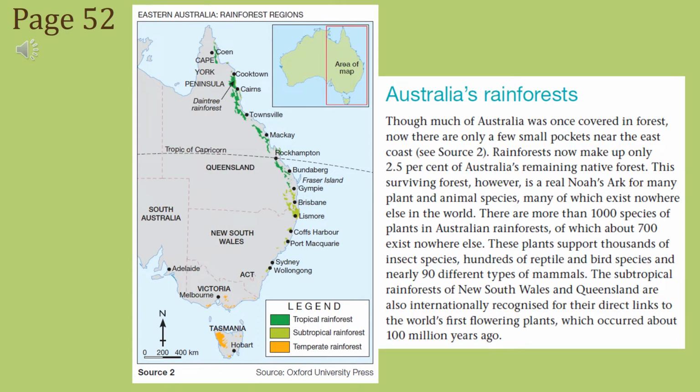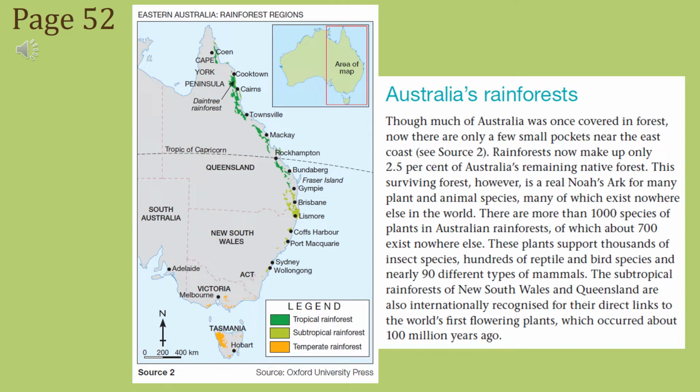Though much of Australia was once covered in forest, now there are only a few small pockets near the east coast. Take a look at the map on the left. Rainforests now make up only 2.5% of Australia's remaining native forest. This surviving forest, however, is a real Noah's Ark for many plant and animal species, many of which exist nowhere